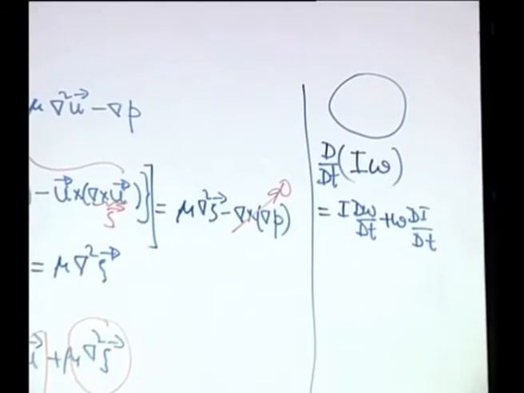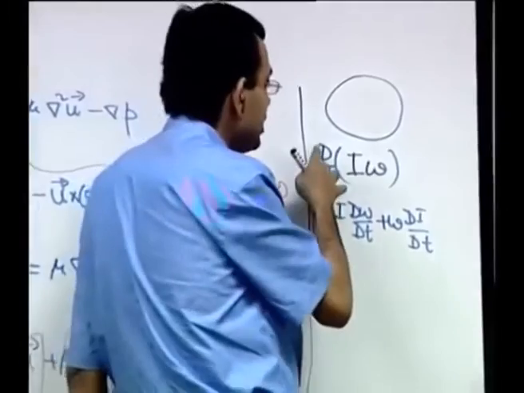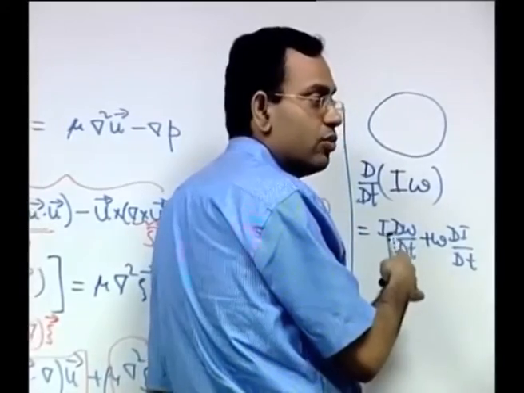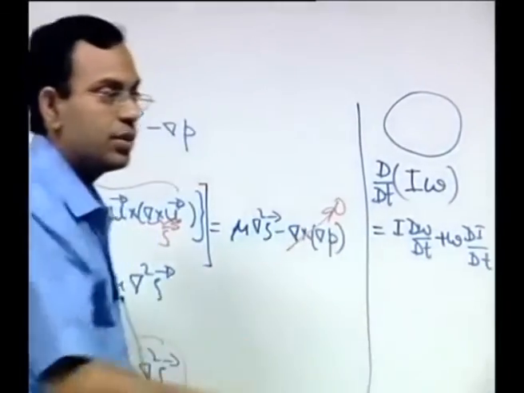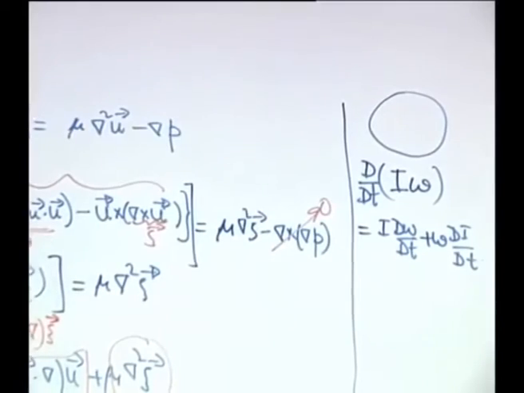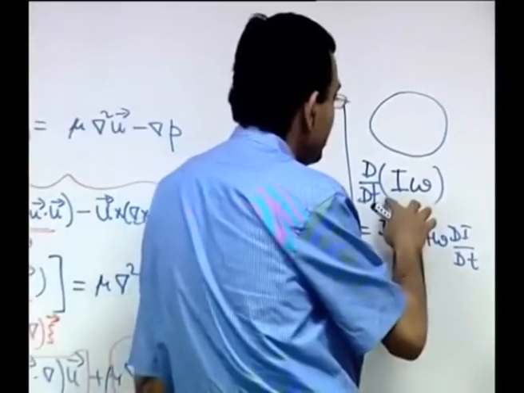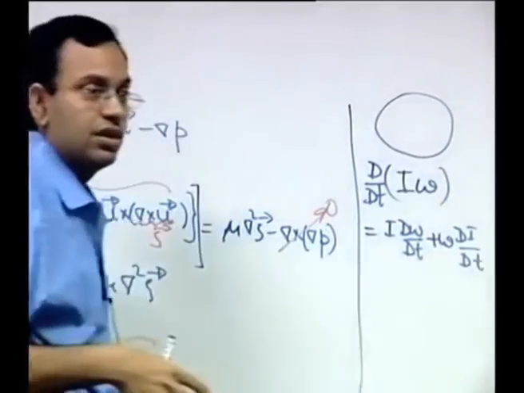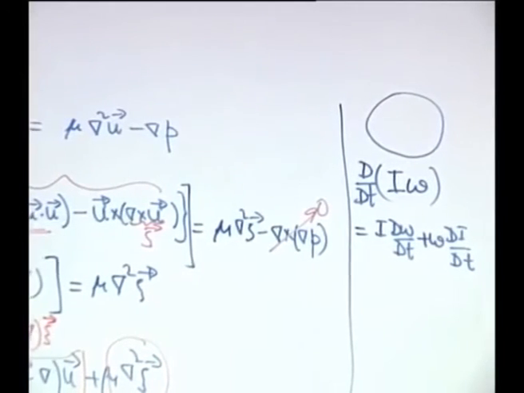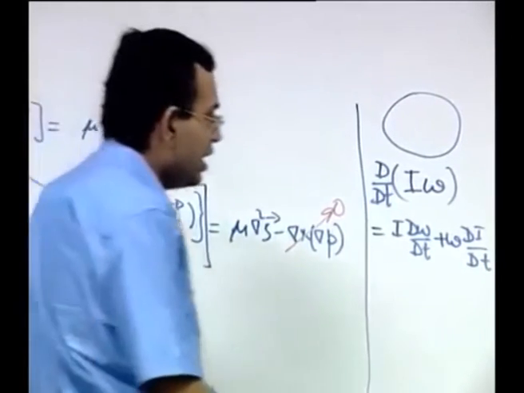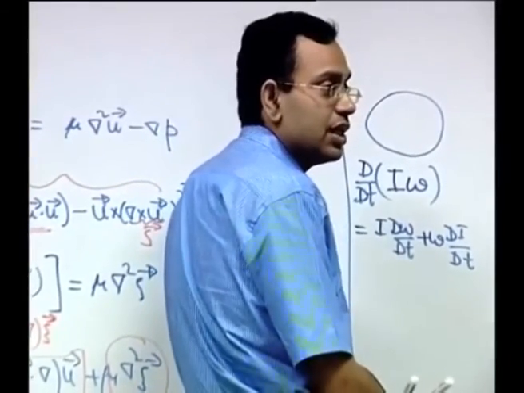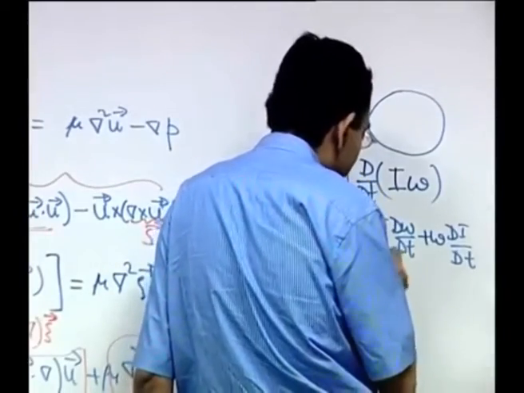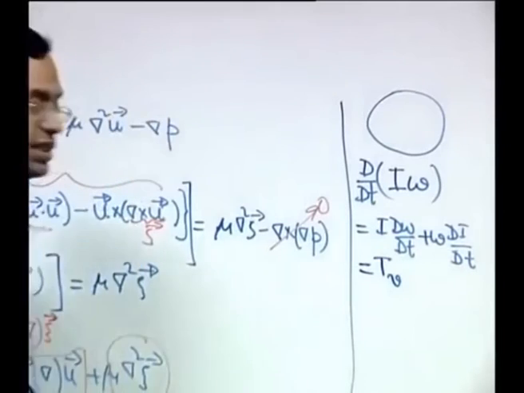Because we are considering a fluid flow type of analysis, we are considering the total derivative, but it essentially behaves in the same way as the ordinary derivative with regard to the rules of differentiation. So we can use the product rule. Now this is basically the time rate of change of angular momentum. So this is equal to the net torque acting on the system, right? And here the torque acting on the system is to dampen out this effect, that is the viscous torque. So we can write this as Tv, where Tv represents the viscous torque.